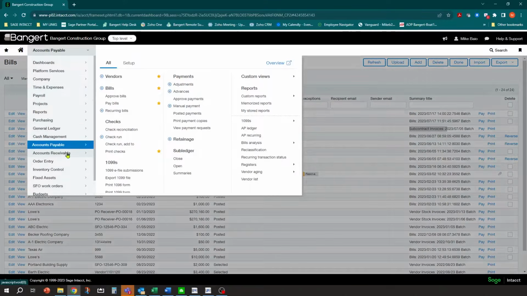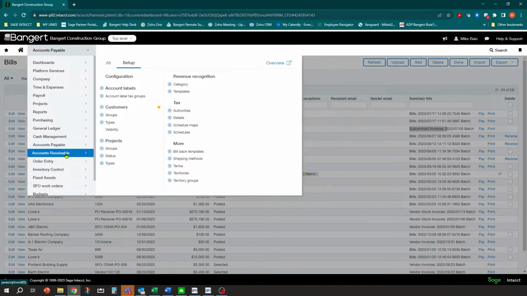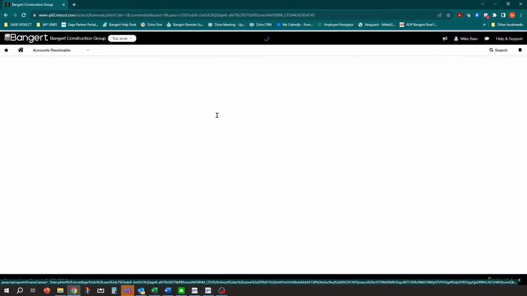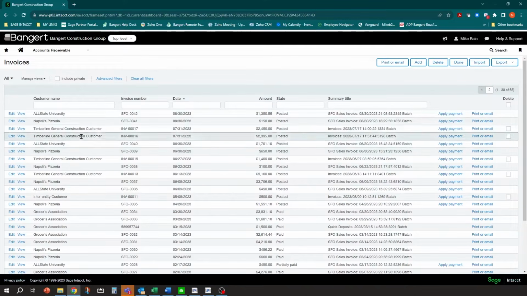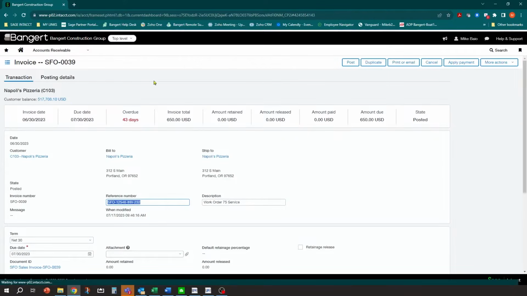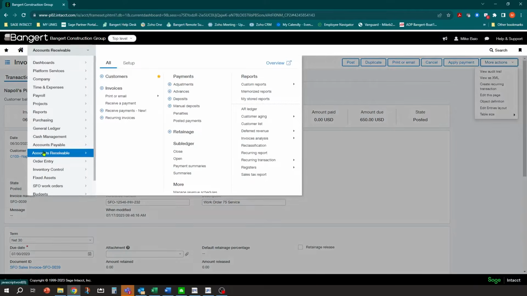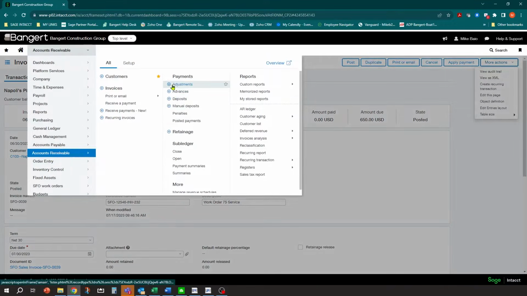Receivables is going to be very similar. Accounts receivable, if you're doing just a manual invoice, you're going to be able to come into here and see your invoices. The one thing I do want to come in and take a look at real quick is, I didn't think you could do that there. So what you can do in this scenario for receivables is do the same thing. You have an adjustment screen here.